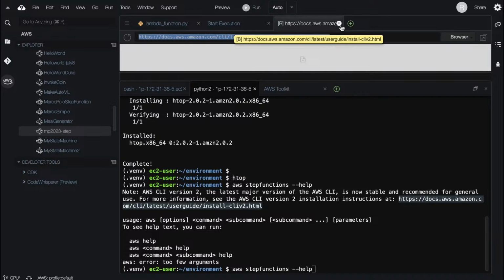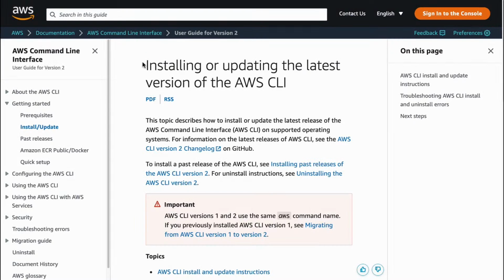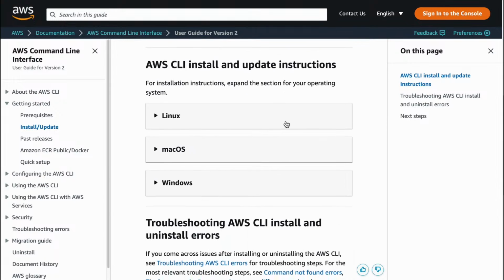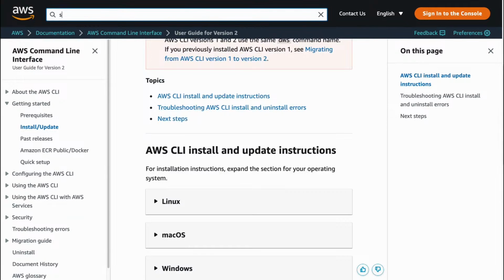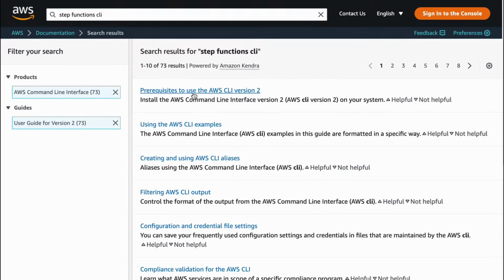Let's go to this documentation. Let's go over here. And installation, we're updating the latest versions of the CLI, and we can do a search for step functions CLI. See if we can find some docs on this.